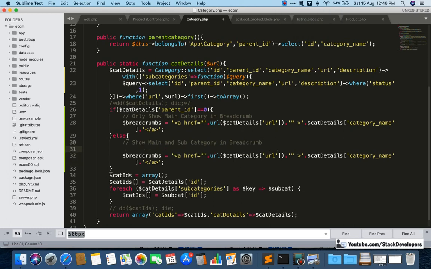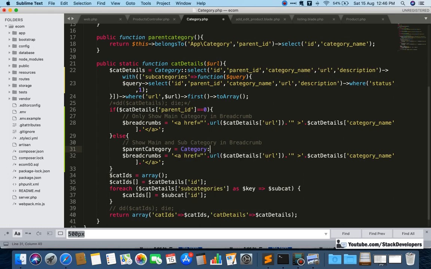So in this case we need to find the parent category first, okay. We are already having the subcategory because the parent category is here, and if we are fetching the subcategory, it means here the parent id is not 0. So we need to find which one is the parent id, and that we can give here, okay. So here we need to find the parent category first. Dollar parent category, do it like this.